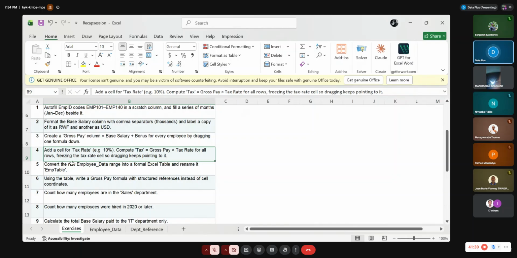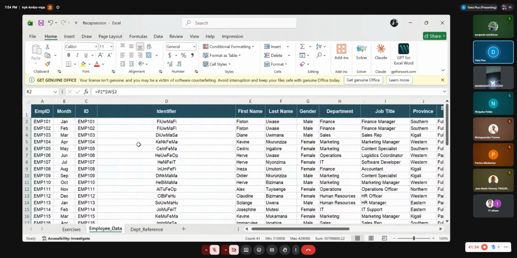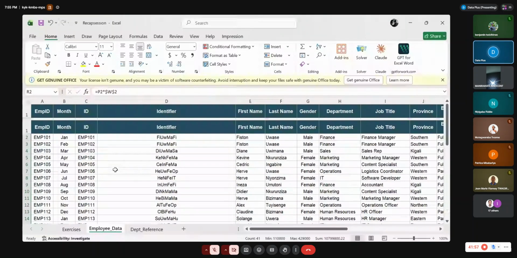Okay, so they just asked us to transform this data, although they are in a format of a table, but they are not a table. So they want us to convert it into a table. If we convert into a table, we get extra bonuses of having the filters, and some formulas, drag and dropping down will be easier. So how you do that, transforming any data into a table,